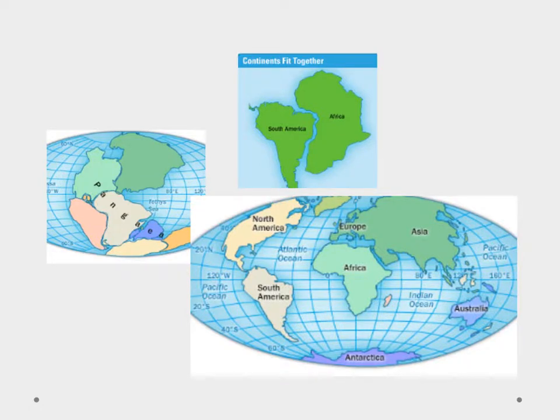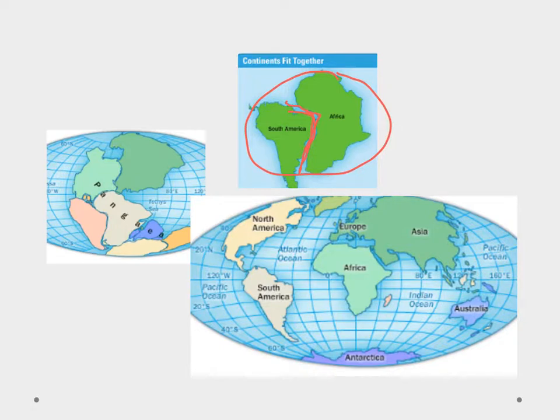So to begin, let's talk about what is continental drift. Alfred Wegener was a scientist, a geologist, and he looked at a map and realized that South America and Africa, if you looked at their coastline, they kind of fit together. Now, this was kind of an interesting phenomenon for him to look at, because one of the things is it was a 90-degree angle on both of these, and that's not a very common shape in nature. And to find two of them that were separated by an ocean that looked like they at one point in time matched together,